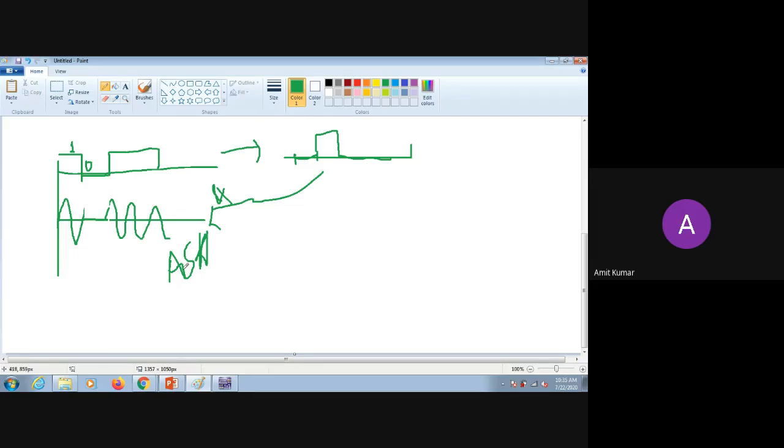So in this way, you can generate it. If you just add these two signals, whatever you are getting here, both contain other frequencies. If you join or combine these two signals together, then you can generate the FSK signal.